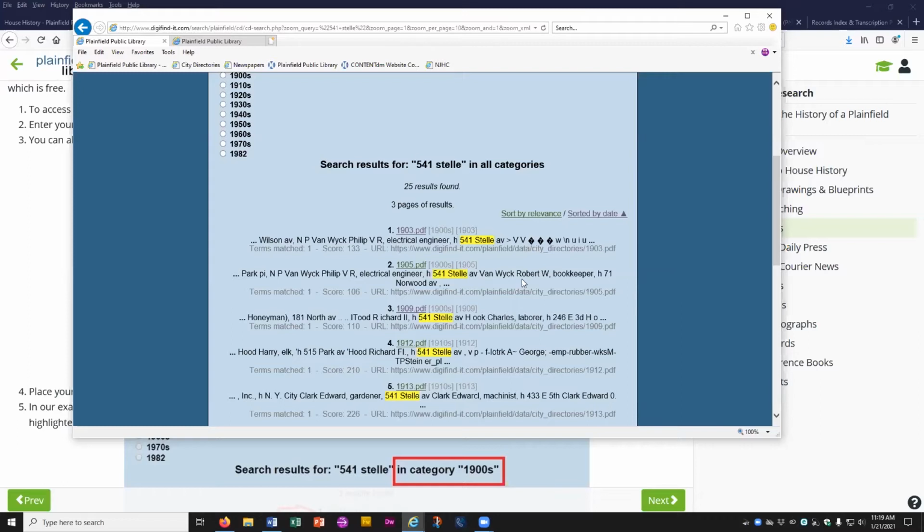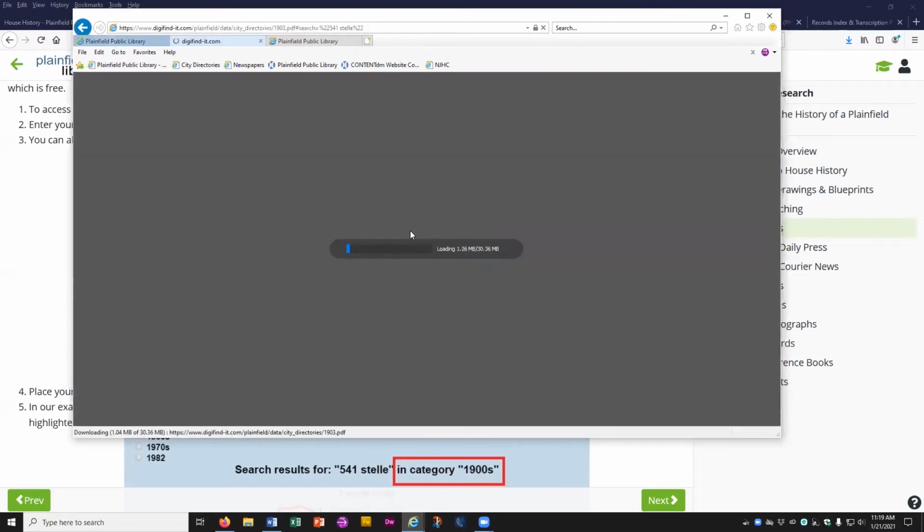This is for a number of possible reasons. The computer is simply unable to read whatever this text is. But when we open the document, we will be able to see what it says. But without even opening a document, we can already see some of these listings. So we're going to click on the 1903,